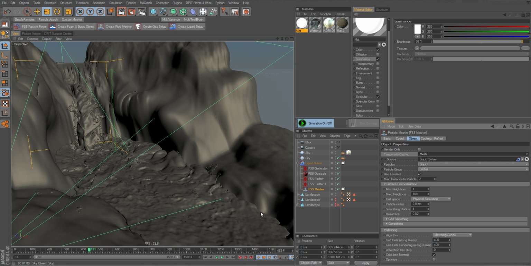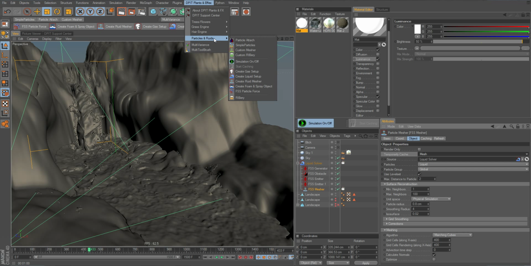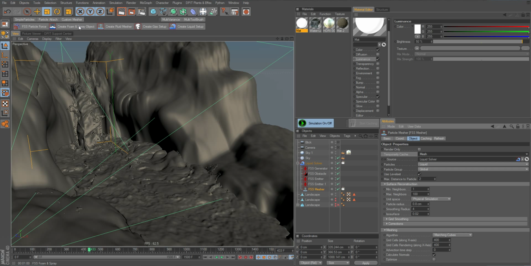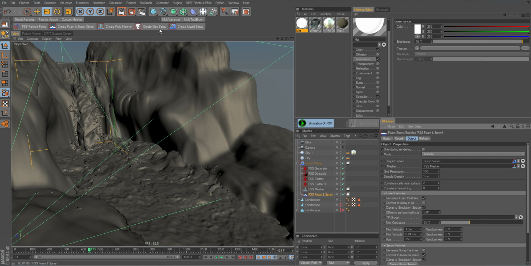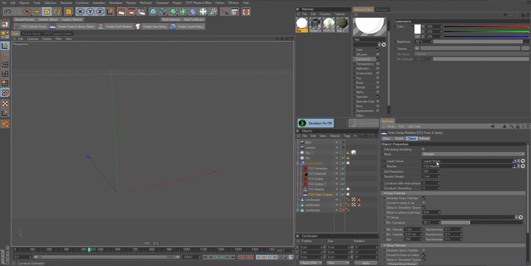Alright, so just set up your simulation as usual, create a mesher as usual, and then set temporary cache to mesh. Well, and that's actually all we need, as you can see. And I now create a foam and spray object. You could also do it by going to the DPIT Effex menu and create here. I have a button here in my interface, so I just click once and then it is added, and the mesher and the solver are added to it directly, and it also instantly starts to calculate, as you can see